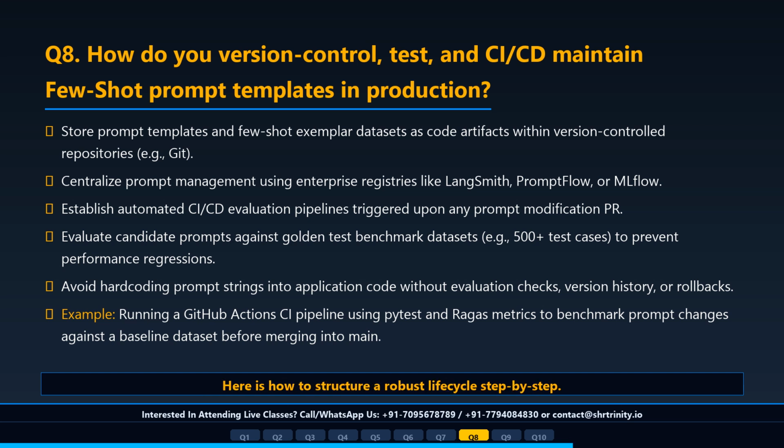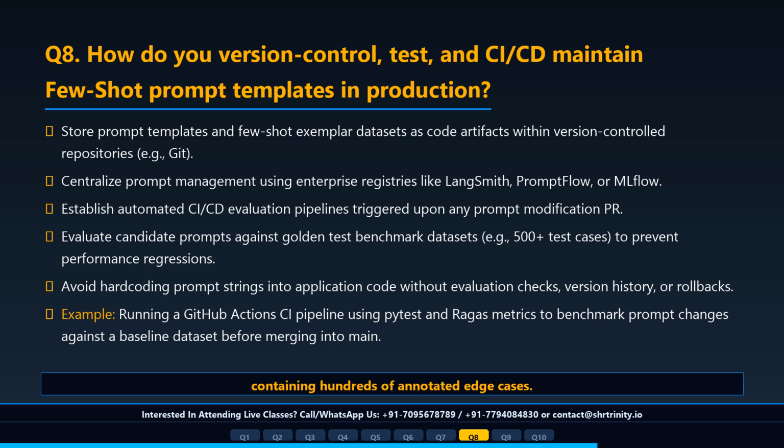Here is how to structure a robust lifecycle step by step. First, store prompt templates and few-shot example sets as version-controlled file artifacts in Git, linked to a central prompt registry like LangSmith or MLflow for deployment tracking and metadata management. Second, whenever a developer submits a pull request modifying a few-shot example or prompt structure, trigger an automated continuous integration pipeline. Third, this CI pipeline executes automated evaluation suites, using frameworks like PyTest and RAGAs, against a golden benchmark test